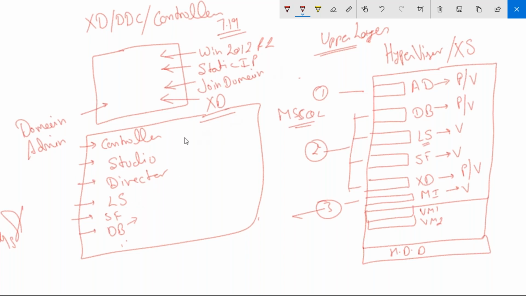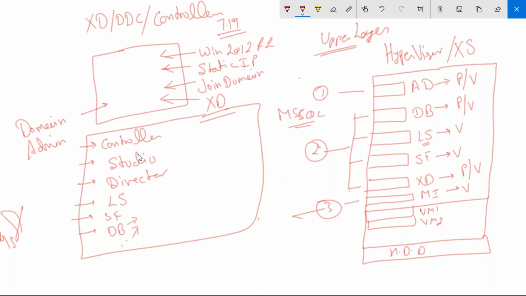Okay, so here you are going to set up all these things into the XenDesktop. The moment you insert the XenDesktop or XenApp ISO, because it's the same one ISO only, you will see all this stuff: the controller, Studio, Director, License Server, StoreFront, and the database Express edition will get installed by default. Okay. Once this is done, guys, it takes a long time, almost half an hour, sometimes 40 minutes as well,